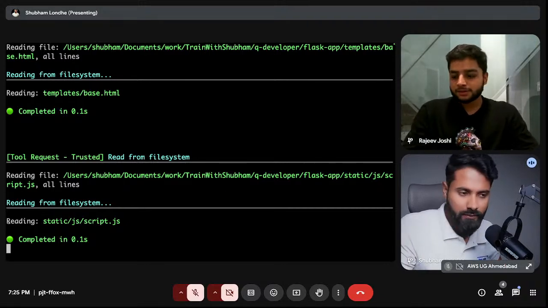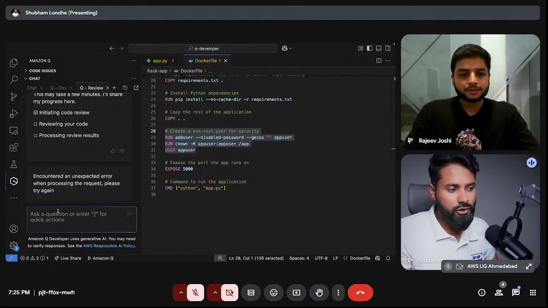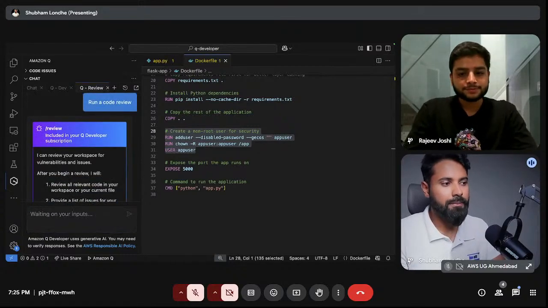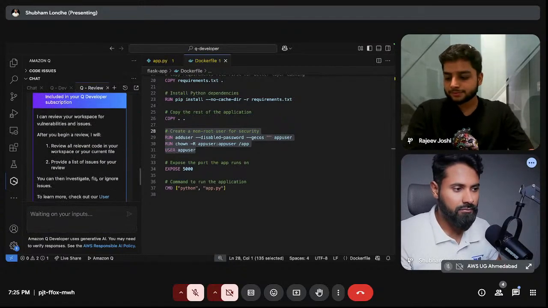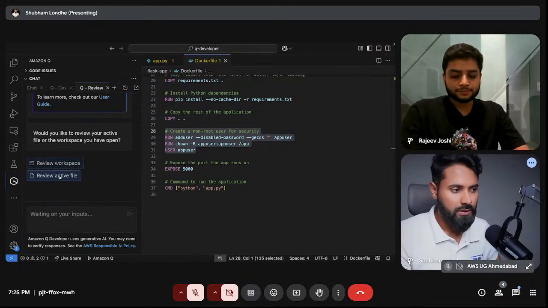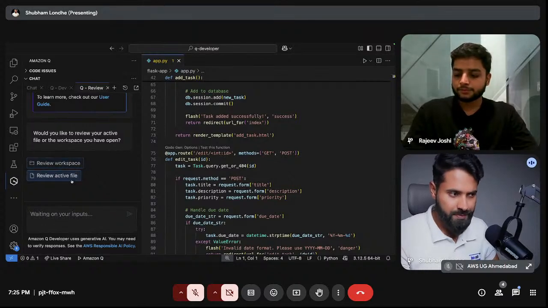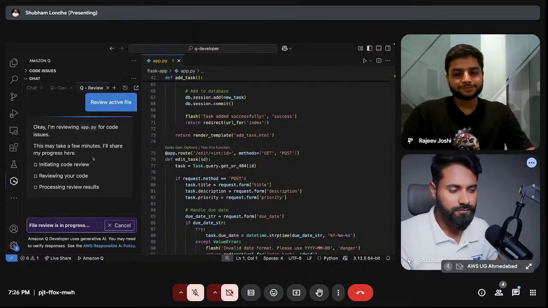As I said, you can also do a /q review and identify bugs and any issues in your active file or in your workspace, wherever you want.